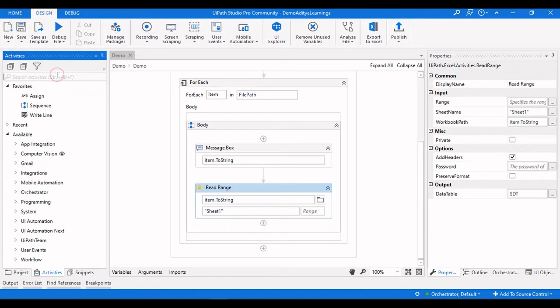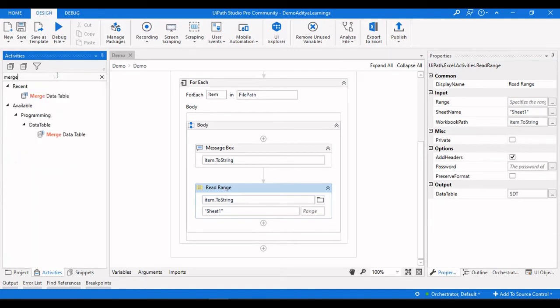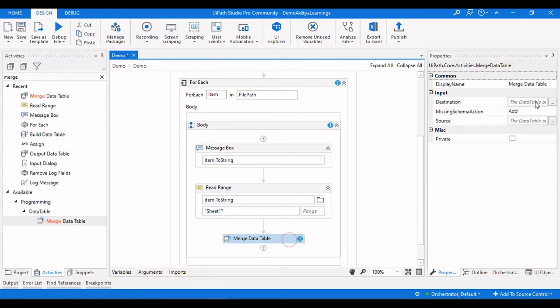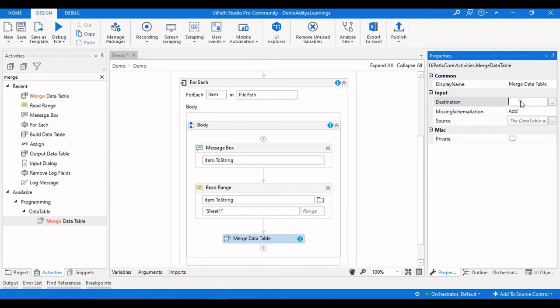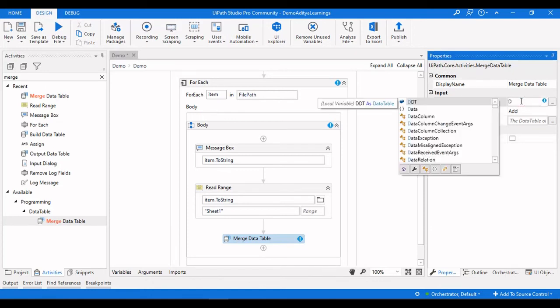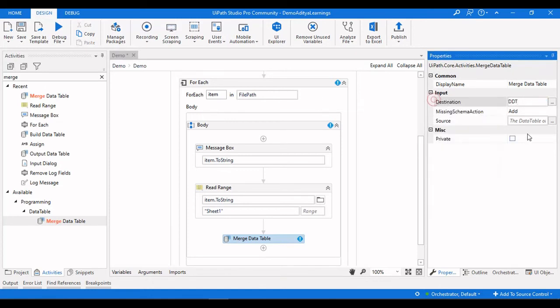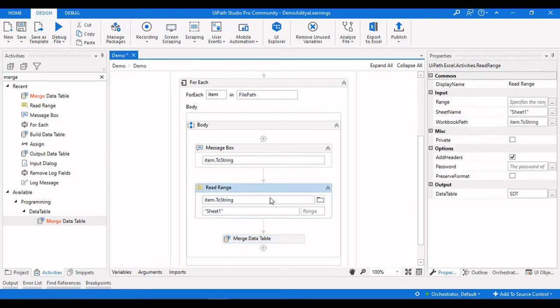So we're going to drag in the Merge Data Table activity here, and we need to provide the destination data table and a source data table. Our destination data table is DDT, which is our destination empty data table, and the source data table is SDT, which is our Read Range value data table.